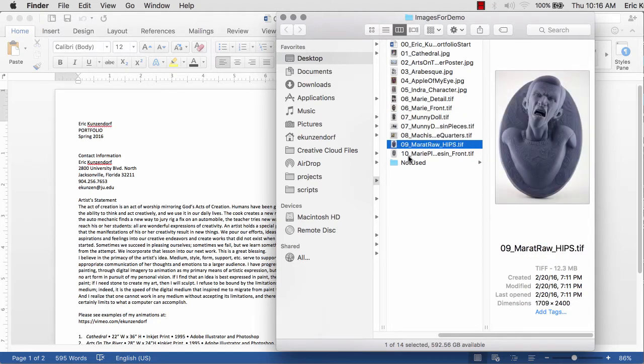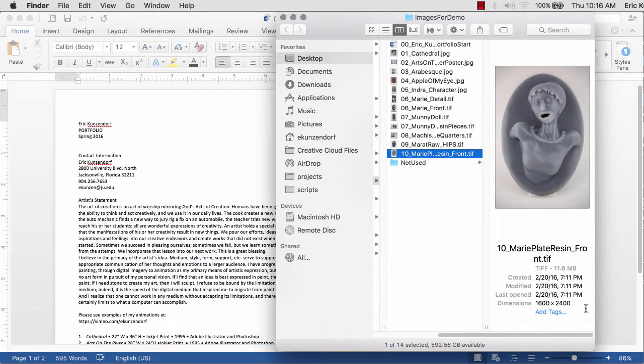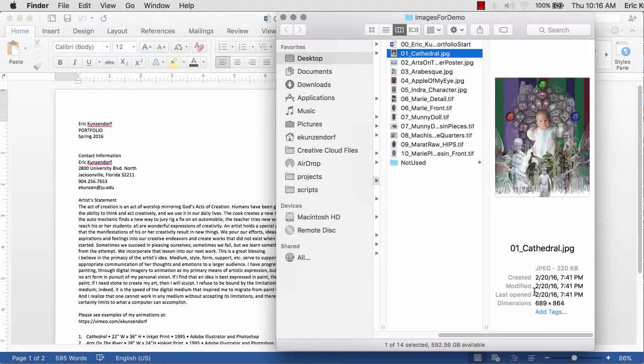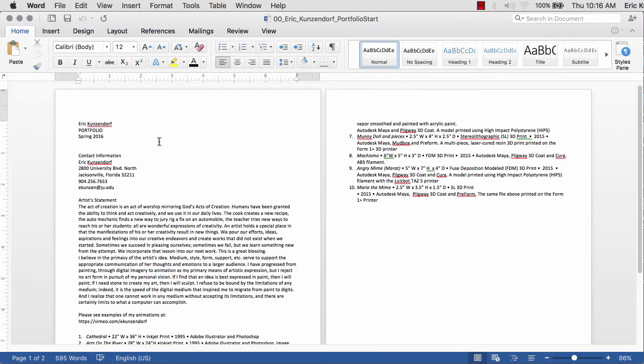I've got 10 of these, and they can be various sizes. The largest I think is about 1600 by 2400. And I think the smallest is 700 by 864. So somewhere around in there, just so that they make a good size on the page. Okay. Now in your text editor, what you're going to want to do is type